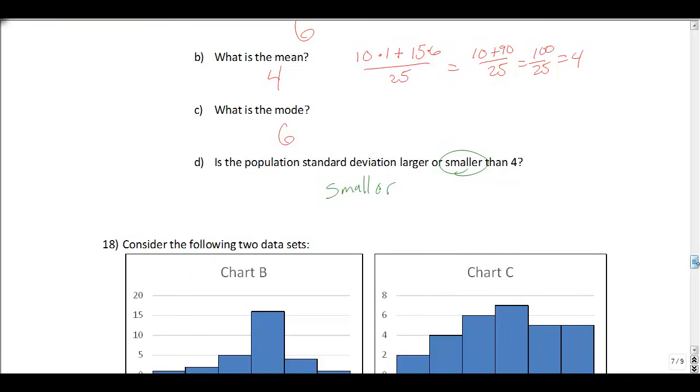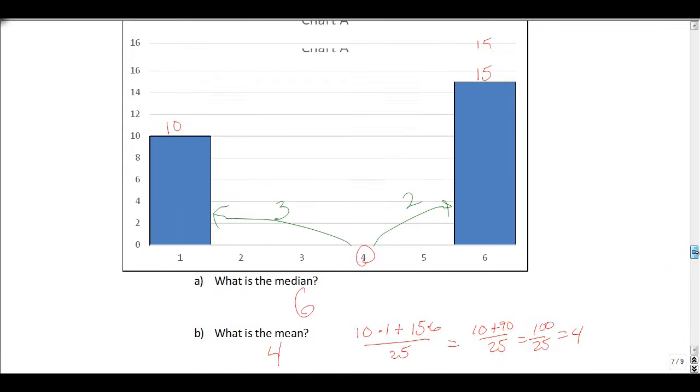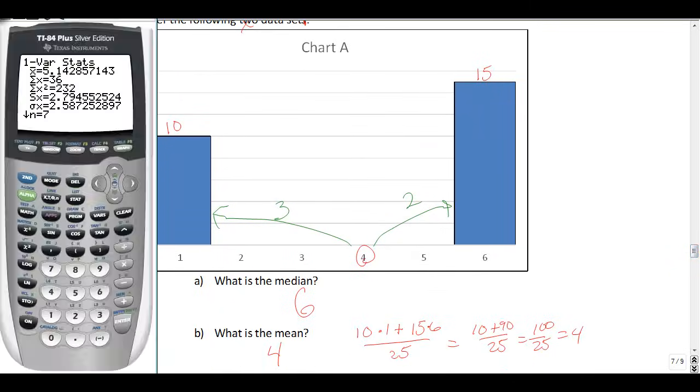Now you can actually use your calculator to go through and calculate these things. So what you could do is go to Stat, Edit. Now if I want to clear these lists, I go up to L3, hit Clear, and Enter. Go up to L2, hit Clear, Enter. Go up to L1, hit Clear, and Enter. What I can do is say, okay, I've got 1s,